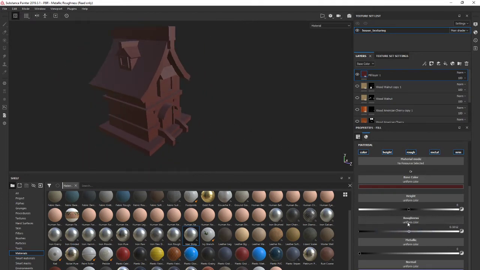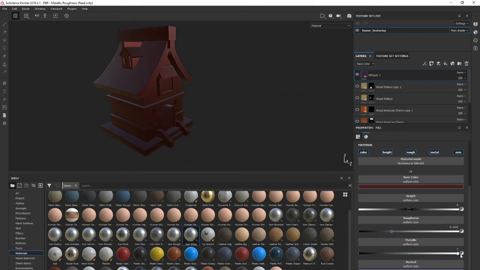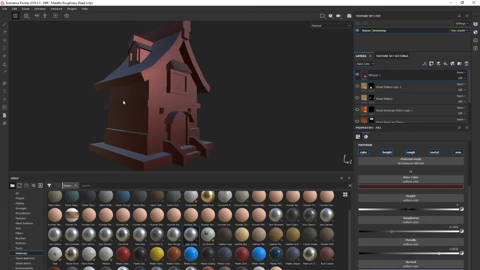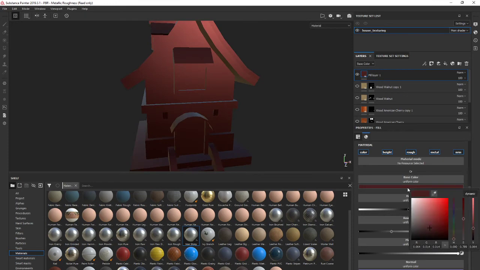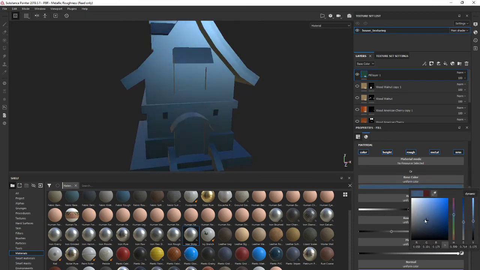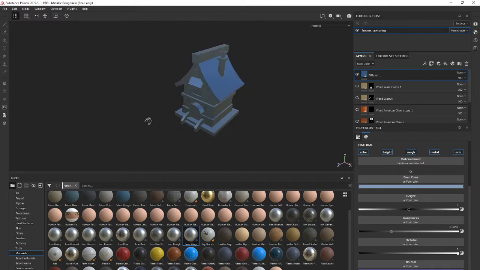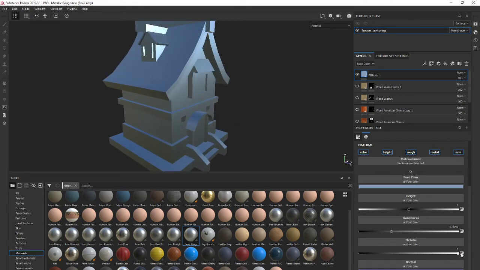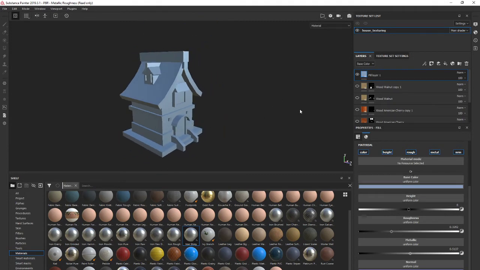For example, you can just change the roughness to change the shininess of the details. You can change the metallic to change the metalness of your model. You can see right now it's much more metalness, and if I just add something like a light blue color, it looks like steel or something. That's because I used metalness here. And yeah,